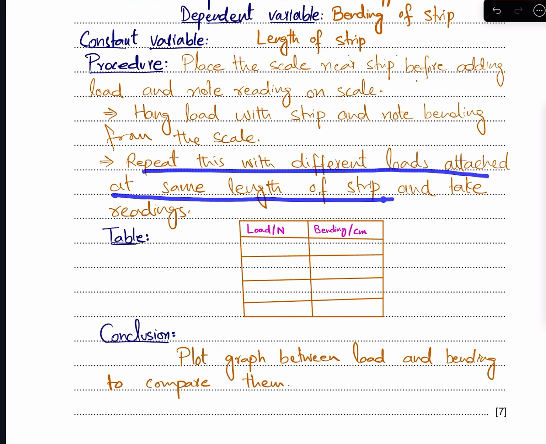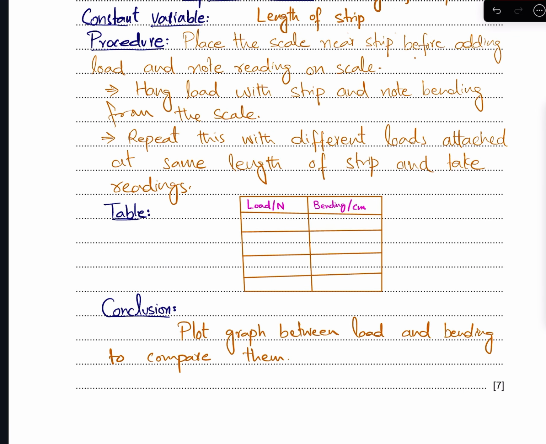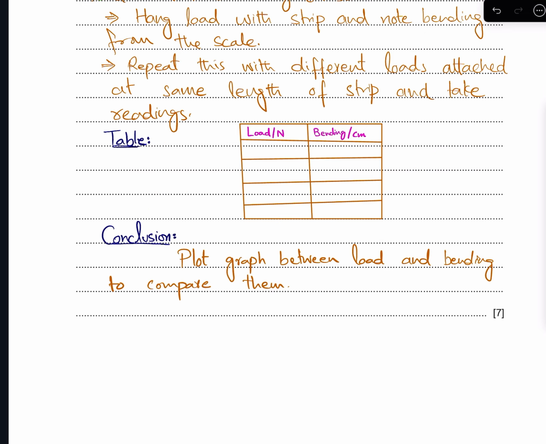Then repeat this with different loads attached at the same length of the strip and take readings। That is also important कि आप लास्ट में लिखो इस पे कि आपने different loads attach करके दोबारा से उसकी रीडिंग्स लेनी है। ओके, सो इसका सेपरेट मार्क होता है आपके पास मोस्टली, दैट इज द एडिशनल मार्क।